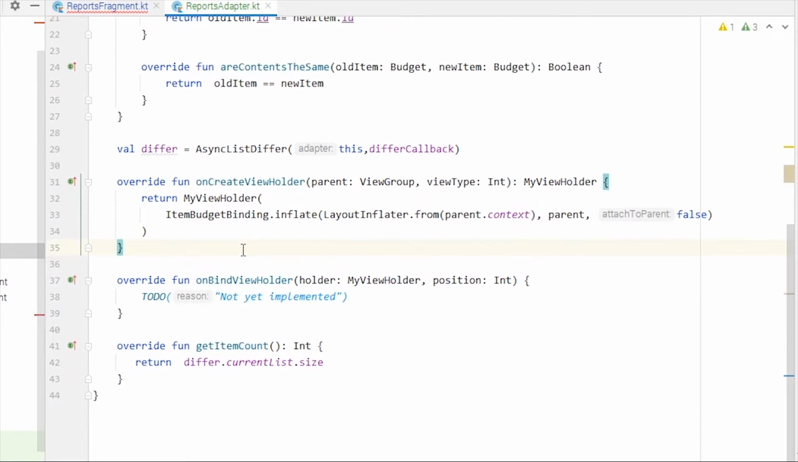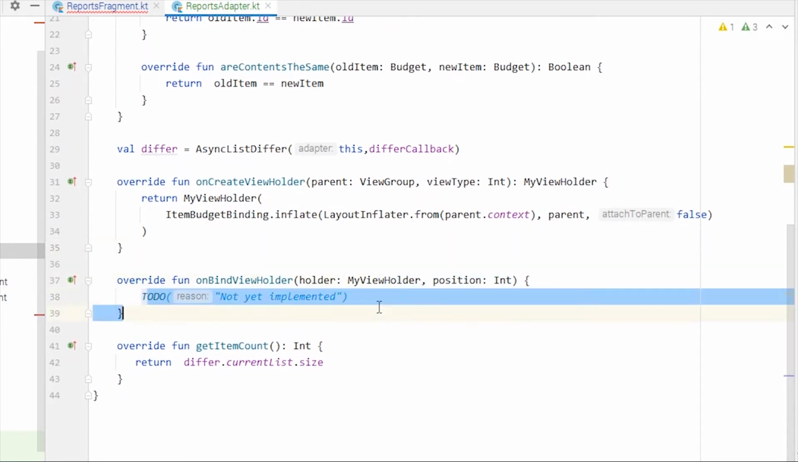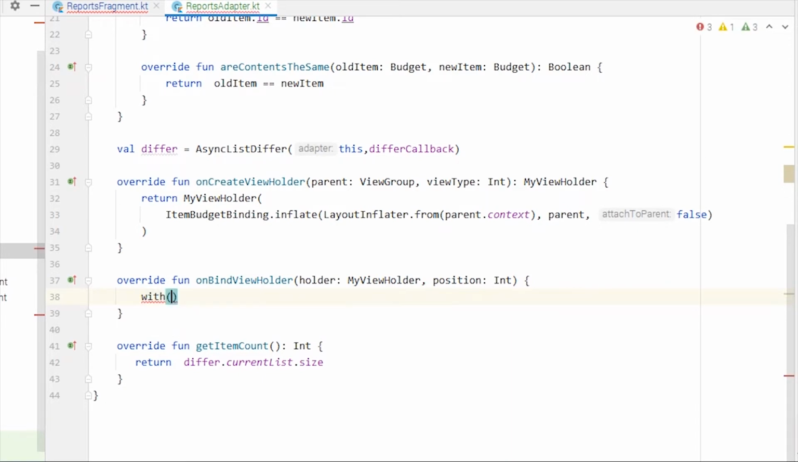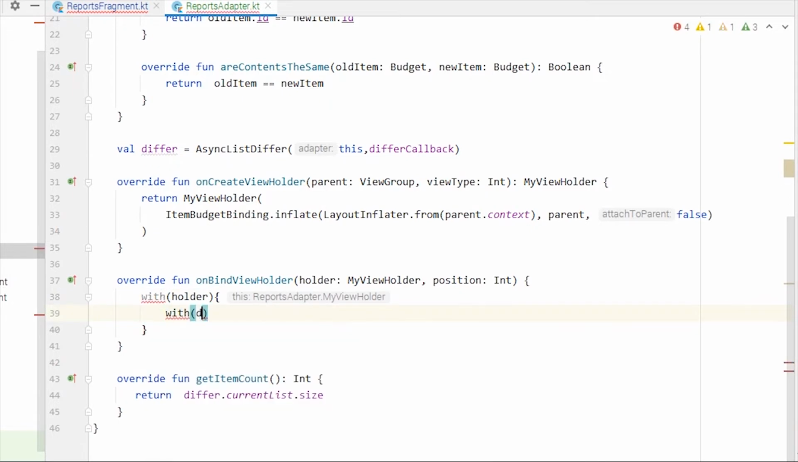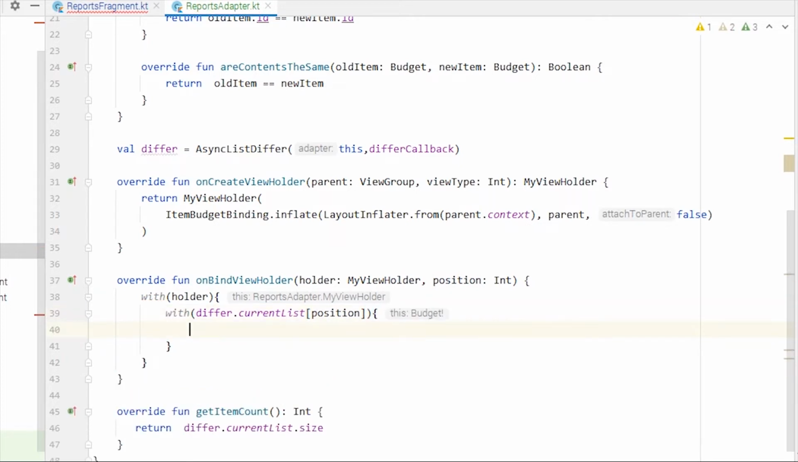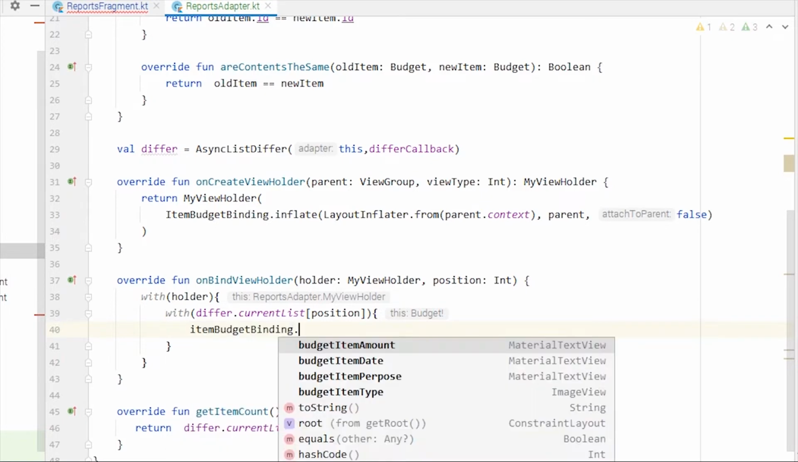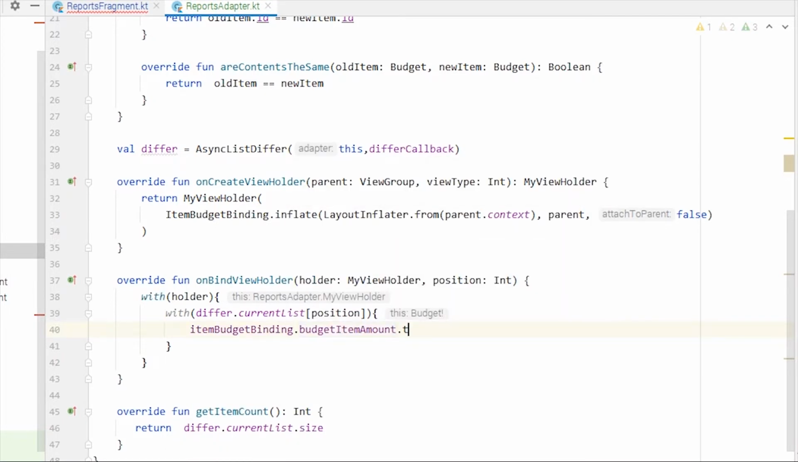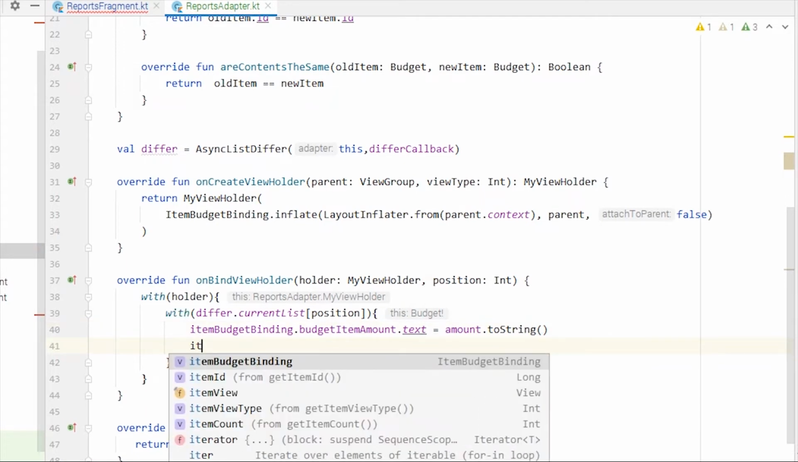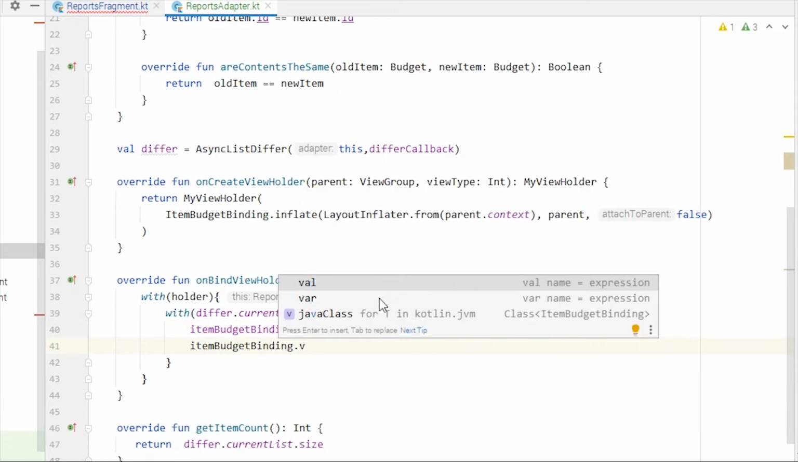Now we move forward to onBindViewHolder. So here we'll write with holder, with differ.currentList, and we'll pass this position, and this will have the item of budget. So now we can write itemBudgetBinding.budgetItemAmount.text equals to amount.toString, itemBudgetBinding.budgetItemDate